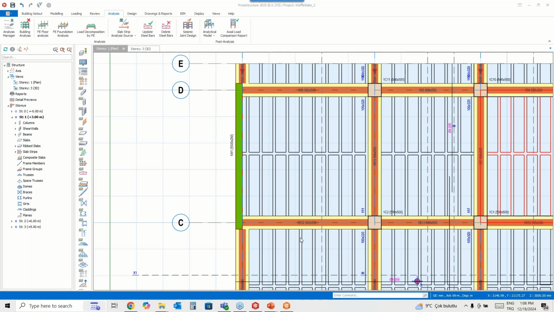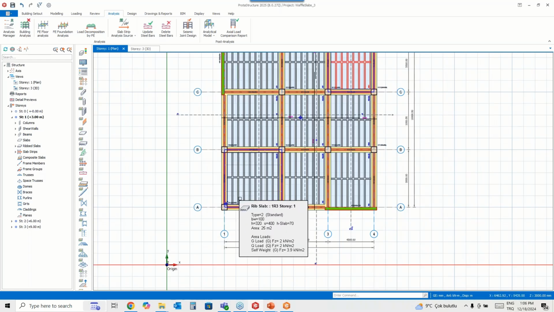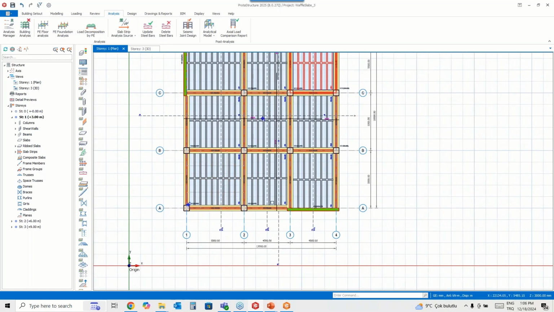How to explain how the structure is orthogonal? I meant it's orthogonal because there is no angle. All members are placed in the X or Y direction. That's why I said orthogonal. Maybe you understood a different term.